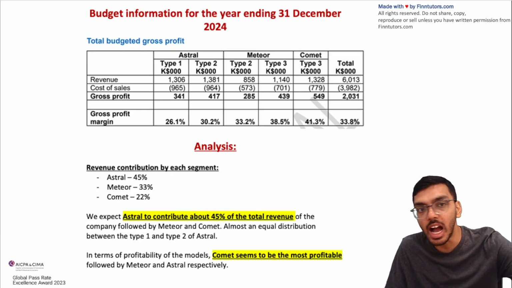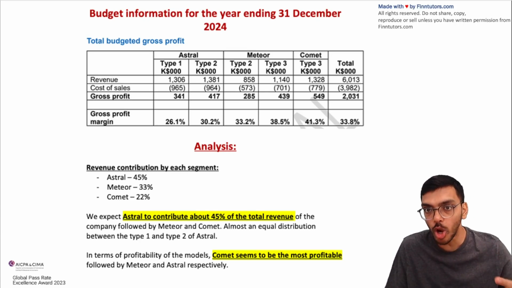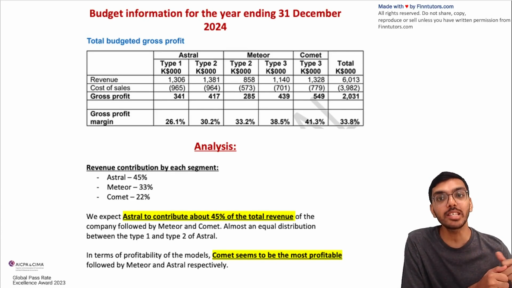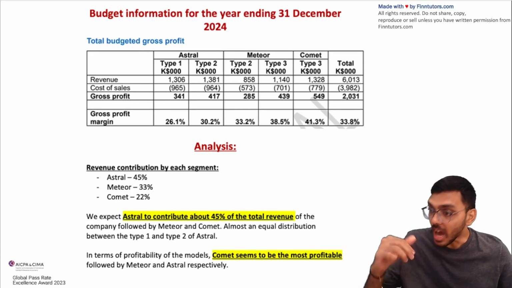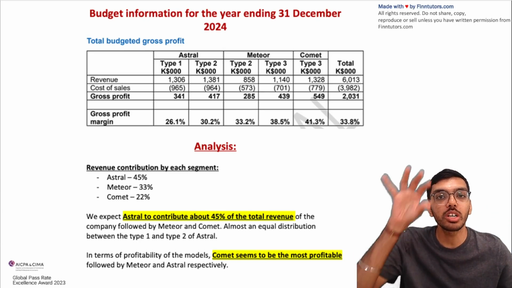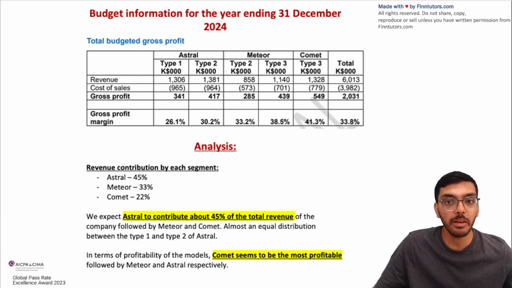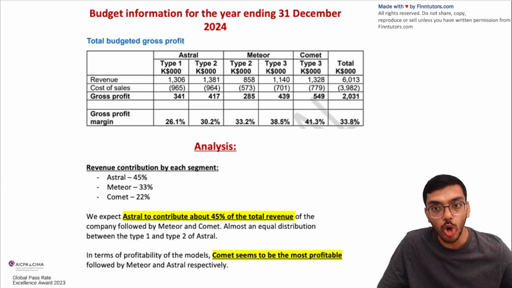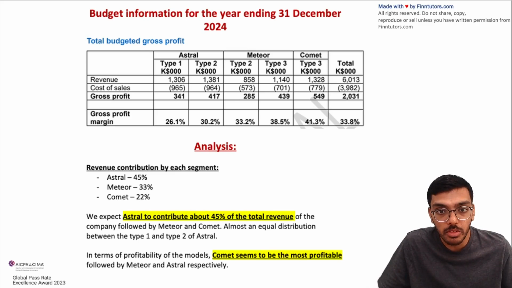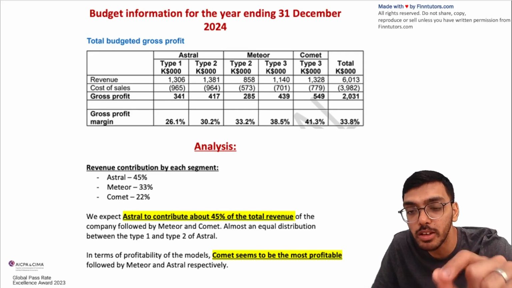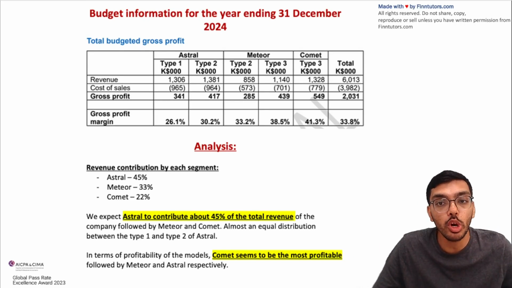So naturally, after this budget analysis, it's very clear that Astral is the most popular, then Meteor, then Comet. The price of Comet is high, it's the most premium product that we sell. Plus, now we know that I should try to focus my marketing activities on Comet, or make sure that more and more people are purchasing the Comet product, because it is the most profitable for me. Again, you only understand this because of this minute analysis that we make, because we have brought it to your notice now.